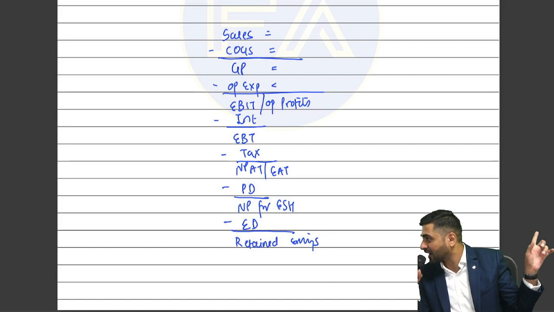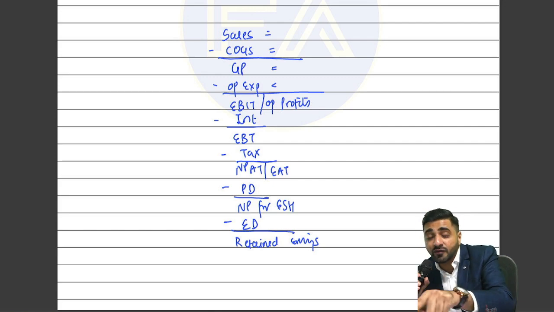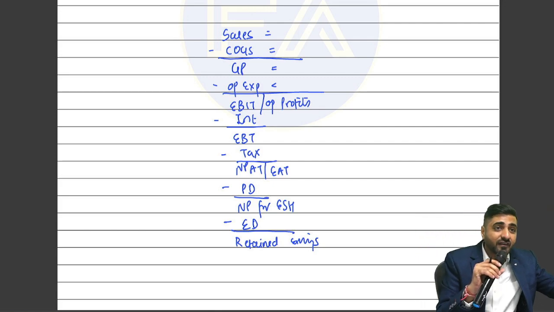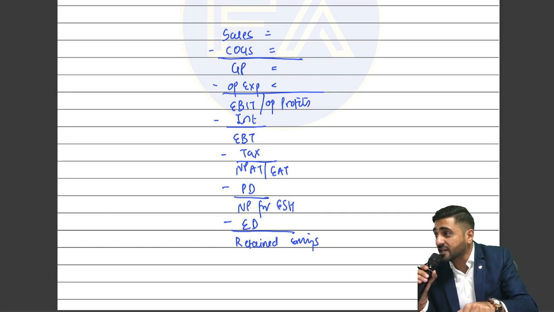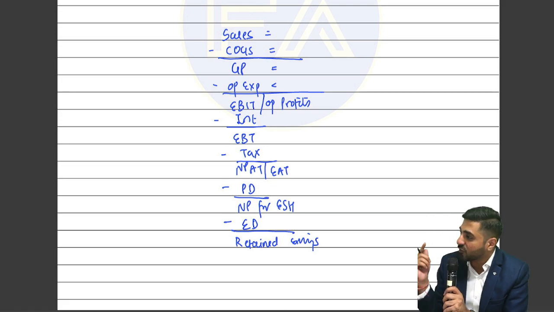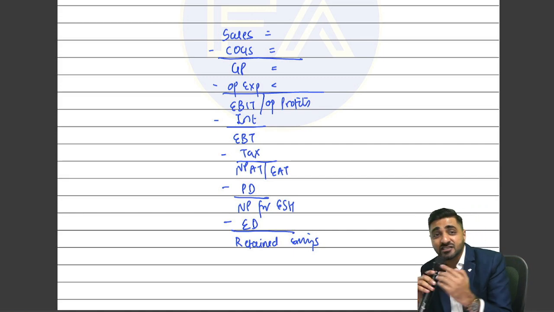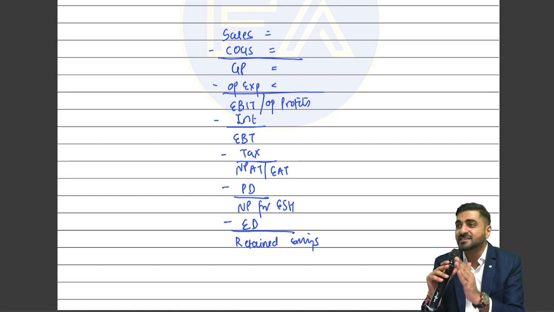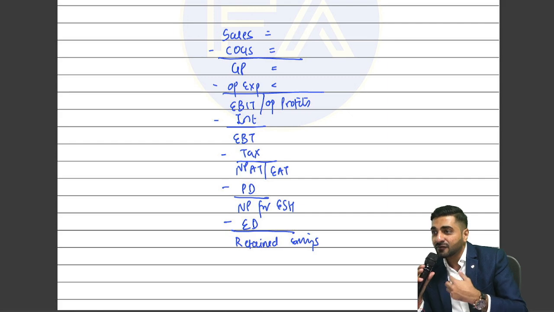Example, he has sales of 500 crores, but he has fixed assets which are 250 crores. So how much is the fixed assets, beta? 250 crores, and on that 250 crores, the sales generated is what, beta? 500 crores. So is he able to generate sales twice his fixed assets? Come on, yes or no? Yes, sir. My sales is 10 crores, but I have fixed assets of only 1 crore. Then with 1 crore of fixed assets, if I'm able to generate sales of 10 crores, everyone please tell me, I'm able to generate sales dash times of my fixed assets. So who is more efficient? Of course me, come on, yes or no?